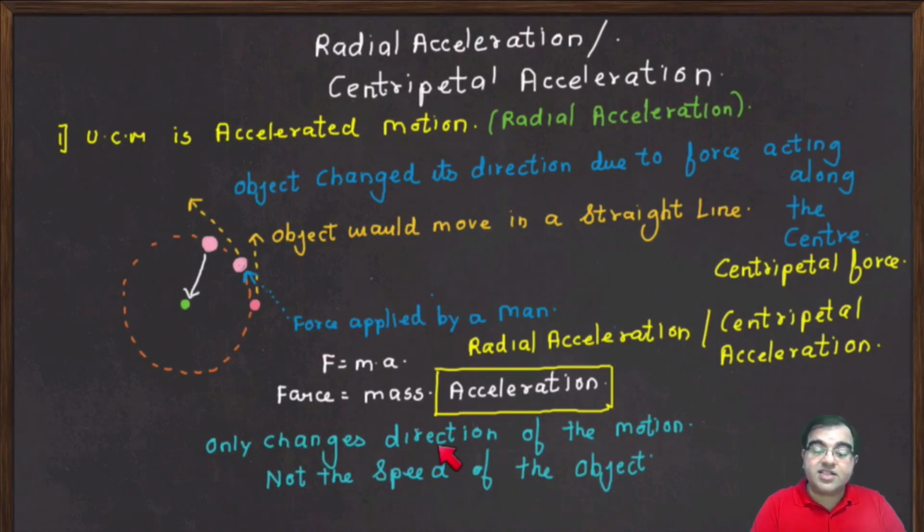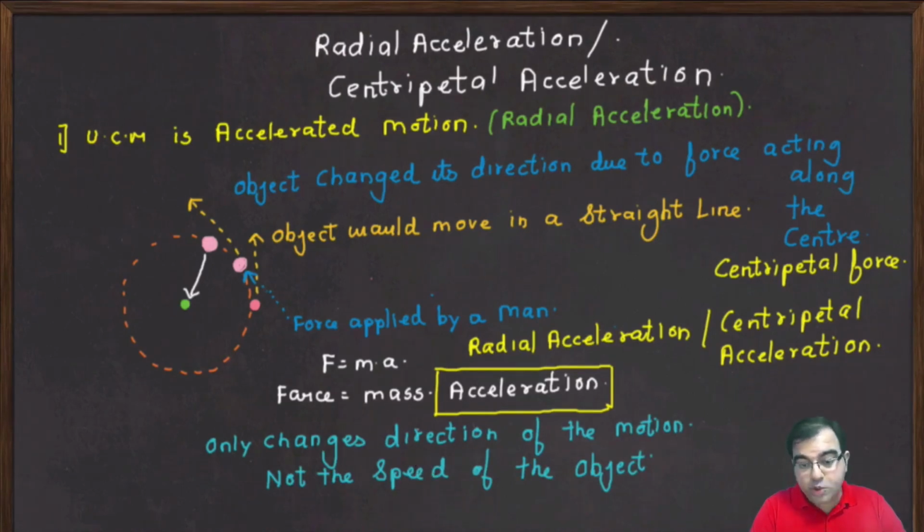What I mean by this statement is the object is moving at a constant speed, say 20 kilometers per hour. So this object will keep moving with the constant speed of 20 kilometers per hour. The centripetal force will only change the direction of the motion. So the acceleration associated with centripetal force is called radial acceleration or centripetal acceleration. Radial acceleration or centripetal acceleration will not change the speed of the object, it will only change the direction